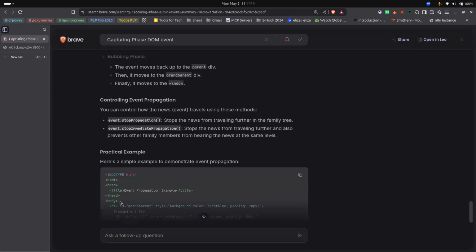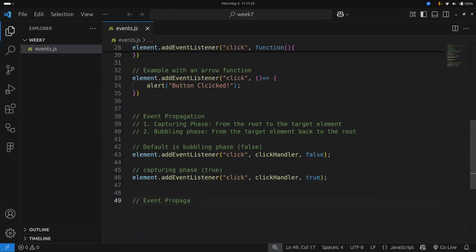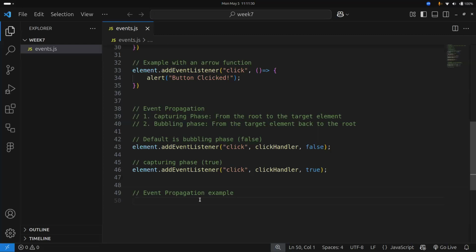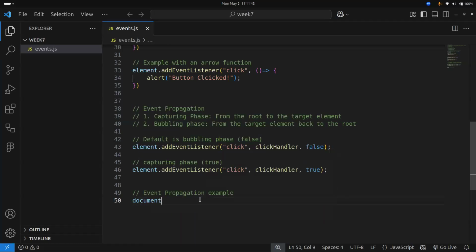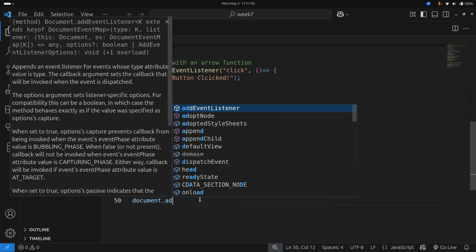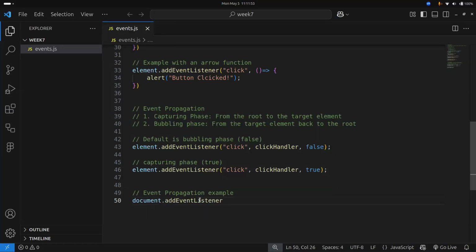So let us see a few examples, then we can see what to do next. So how do you do event propagation? Event propagation, example. Now I talked about element. When we talk about an element, it can be a header, it can be a document. But because we are talking about the usual one, the document is normally on top. You're wondering why the document is being used a lot? Yeah, this is why. So document add event listener. Then you can come and say,